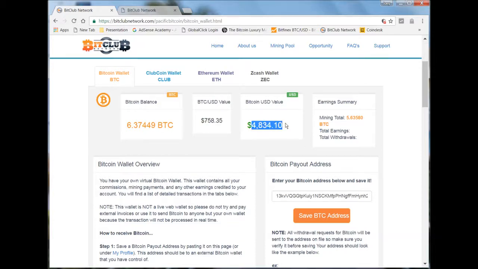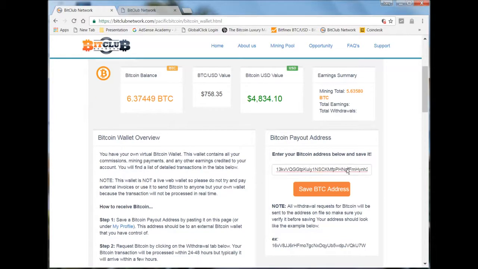So we'll go to the Bitcoin wallet here, and you'll see everything. Currently I've got 6.3 Bitcoin, and today's value is around 758, which totals an amount in US dollars of 4,800. This is both my mining and also building the network, and it shows your earnings. So I'm just mining since I first started here. So the Bitcoin payout, I get